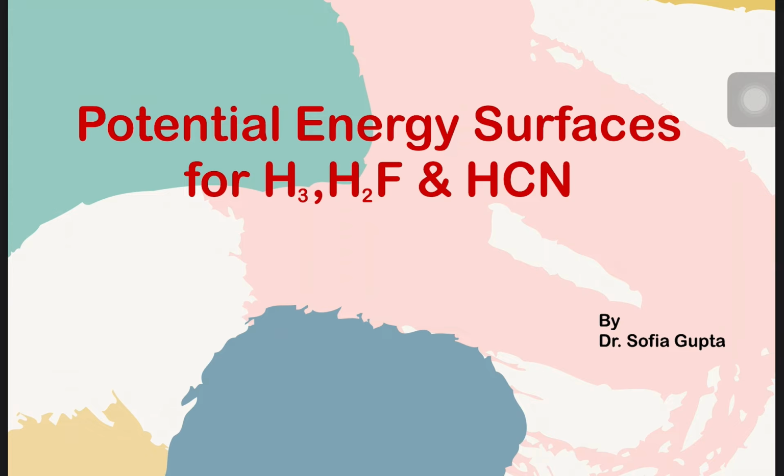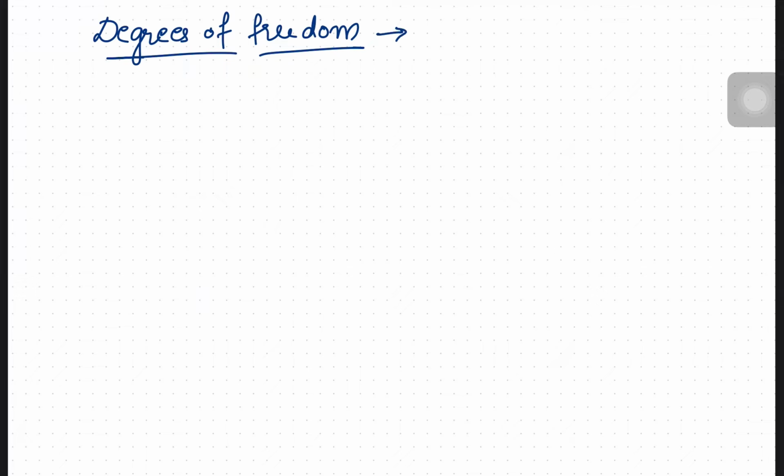So in this video we'll cover the topic potential energy surfaces for H3, H2F and HCN molecule. Before starting the topic, you should know about the degrees of freedom. The meaning of degrees of freedom is in how many possible ways an atom can move in